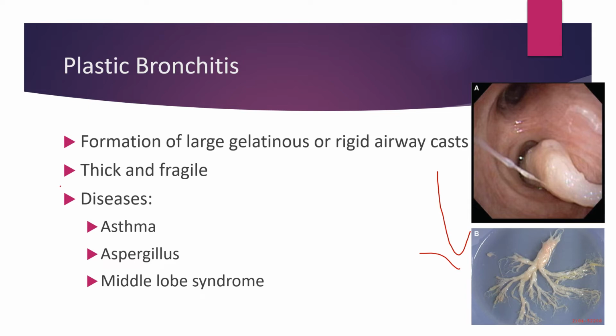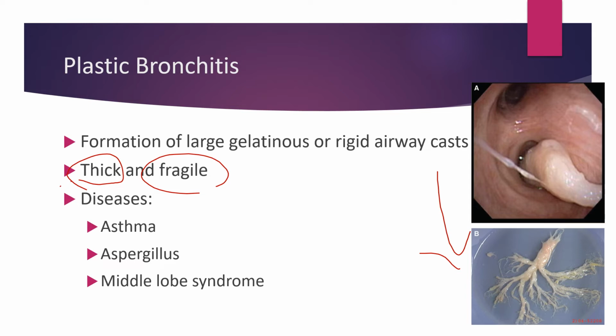Their casts are thick, and you're like, well, it seems like they're pretty easy to remove if they're thick. No, it's harder to remove the thick. Not only are they thick, but they're also fragile, so they'll break apart pretty easily. Some of these patients will expectorate these on their own. They will cough up these casts. It's pretty insane. Yes, we can go in with bronchoscopy and help, but sometimes they'll just clear it on their own,